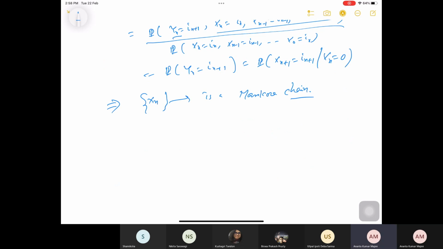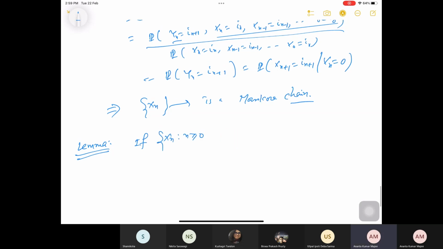Okay, so now we try to look at various properties. In particular, suppose X_n is a Markov chain, then what can you say about the product things? Product things means basically what is the probability of X_n equal to i_n, X_{n-1} equal to i_{n-1}, and so on. Okay, so what I try to say is the following. If X_n, this is the notation I generally use, X_n such that n greater or equal to 0, is a Markov chain,